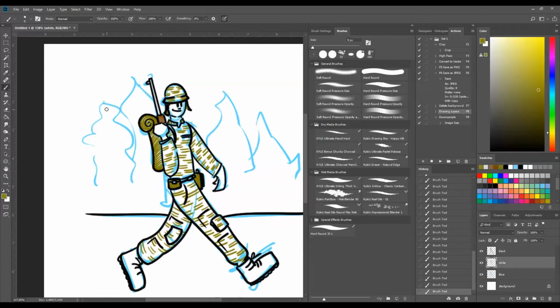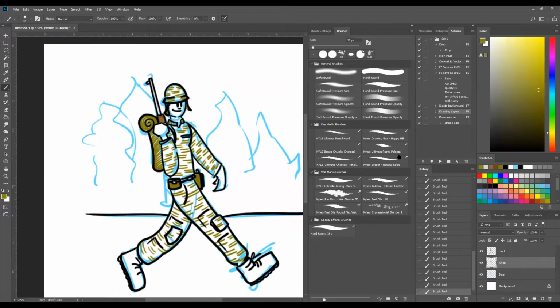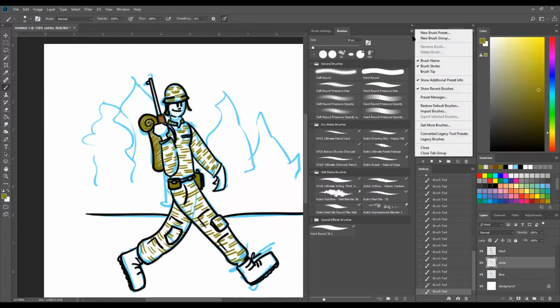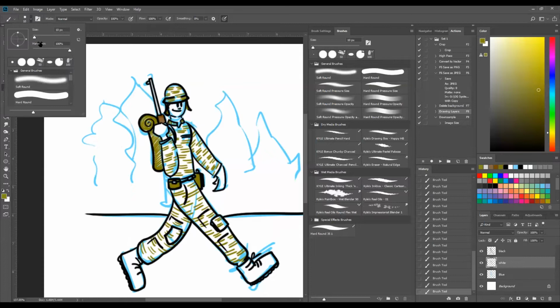Now, here's what I could do, right? I could, at this point, turn on a real fancy brush. I might give it a try just to see what happens. Let's see if there's a good brush in Photoshop. But here's the thing. I don't know exactly the right brush to use for these trees, right? Okay. And because I don't want to take forever to do this because it's not something that the client asked for,